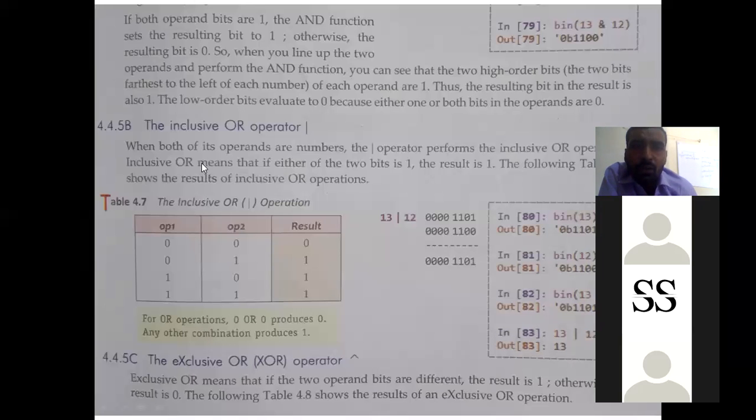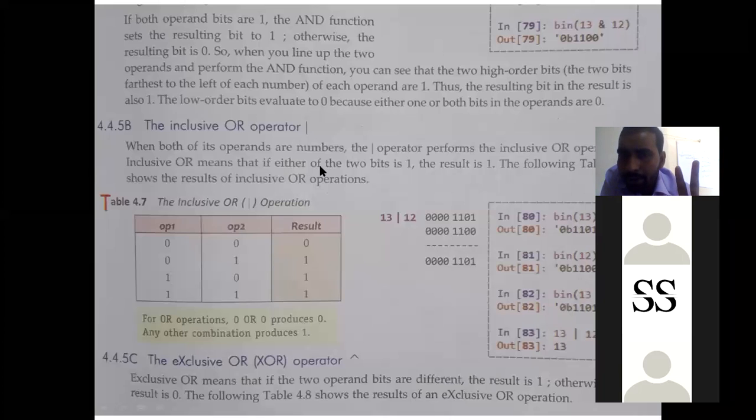The inclusive OR operator. Next is the OR operator. So what is the use of the OR operator? It will compare two binary digits if both of its operands are numbers, and it will perform the inclusive OR operation, which means if either of the two bits is 1, the result is 1.